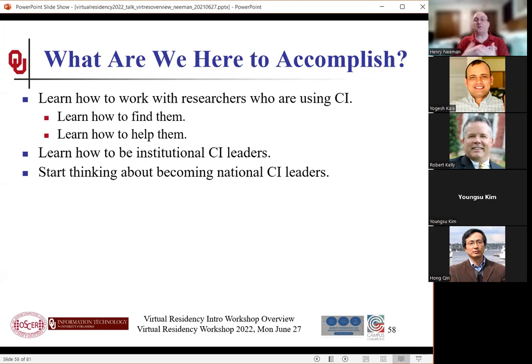And in particular, here's what I believe. The people who best understand what researchers need are the ones who talk to researchers all the time. Well, guess who that is? That is the researcher-facing cyber infrastructure professionals. I would venture to say, except for our VP for Research office, there is no one at my institution who knows more about what our researchers need as a whole in the aggregate than our group, our organization on campus, because we talk to them all the time.